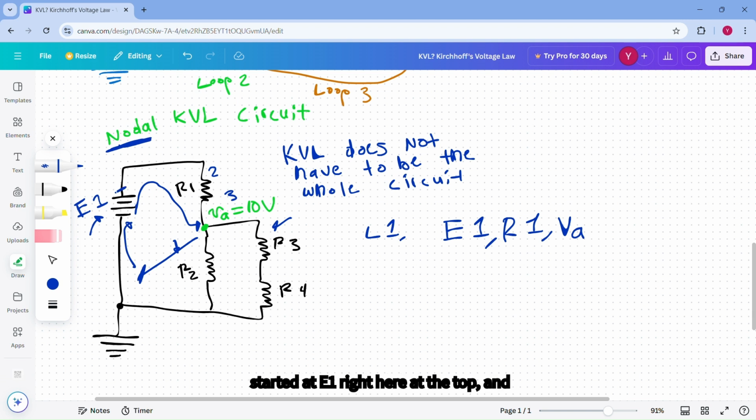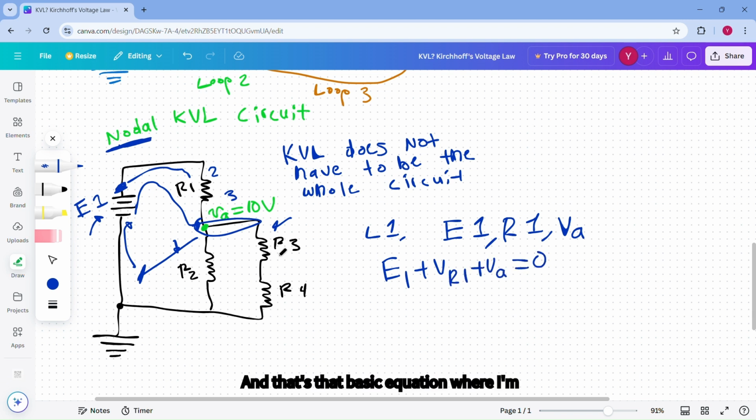So I'm saying I started at E1 right here at the top, and then I went through R1, and then I have this given known voltage value of how much I dropped from this point to ground. So in this case, my closed loop is not going to be talking about R3, R4, R2. I'm just going to be using my nodal voltage. So if I was to make this equation, I could say E1 plus VR1 plus VA equals 0. And that's that basic equation where I'm saying I need to talk about the algebraic sum and the algebraic polarities